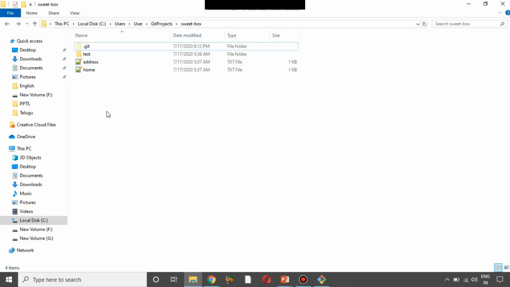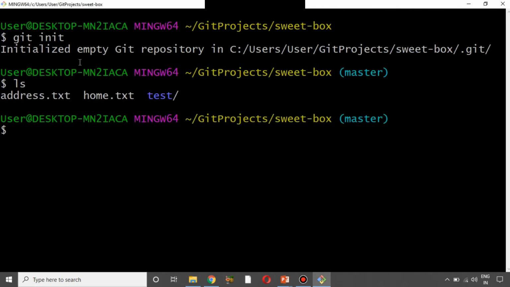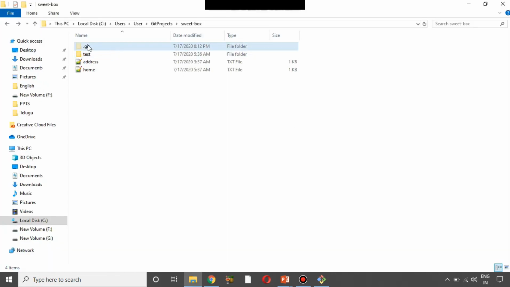This is a hidden folder which is created for us whenever we initialize any kind of project. The use of this .git folder is to track your files. This is the main folder which does all the operations. We talked about the .git folder in our earlier tutorial, so if you have missed that, please watch our previous tutorials to get that knowledge. So whenever we did this, it did two things: it created a default branch called master, and at the same time it created a folder called .git.